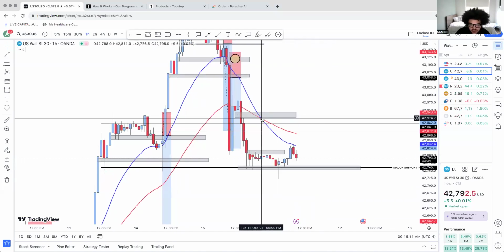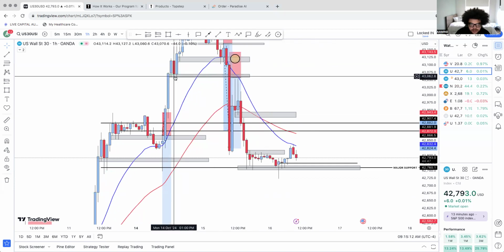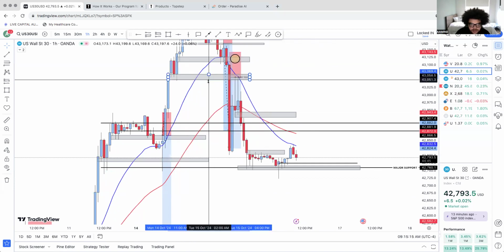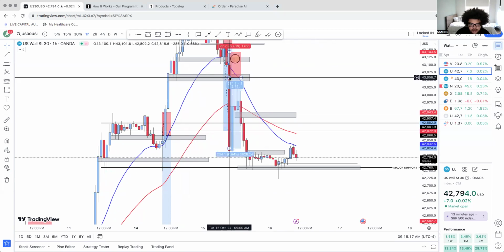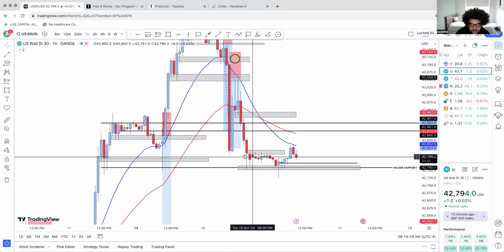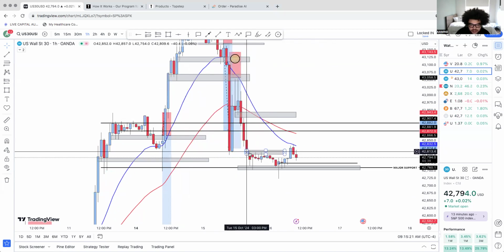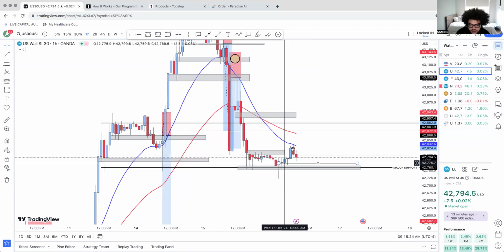So we got the EMAs crossed here. As you can see, momentum pulled back up to that area of interest on the hourly. As you can see there, that's why we took that entry there yesterday. Came back down as we broke structure again to the downside. Consolidated here last night. Now we're retesting